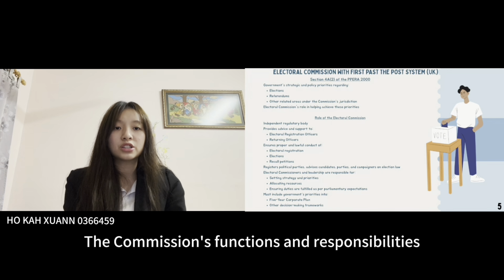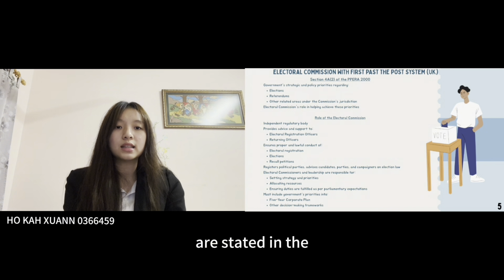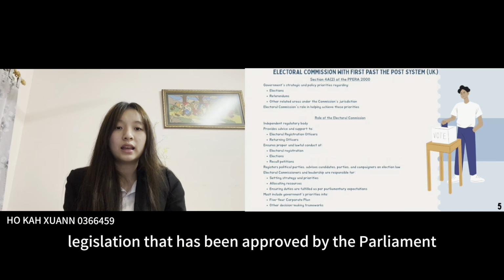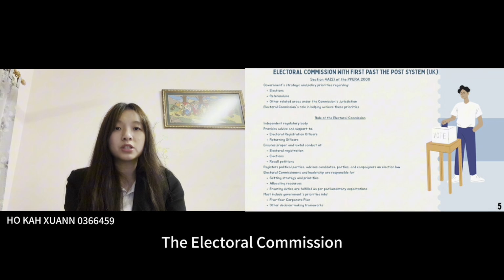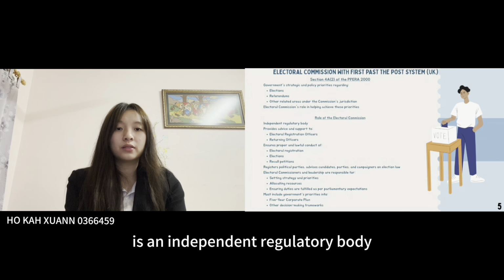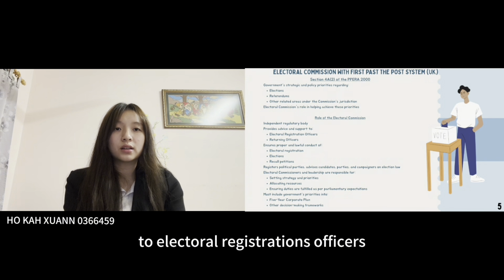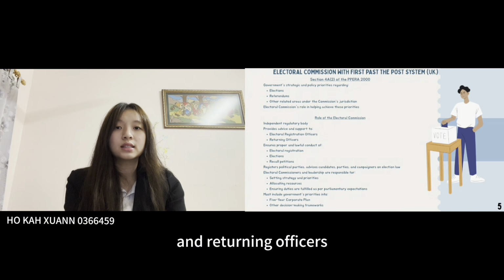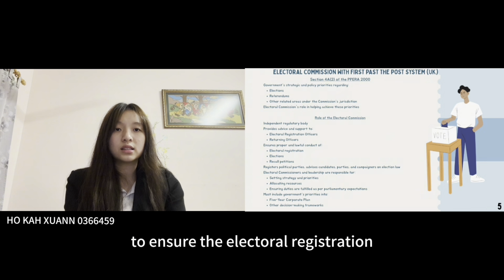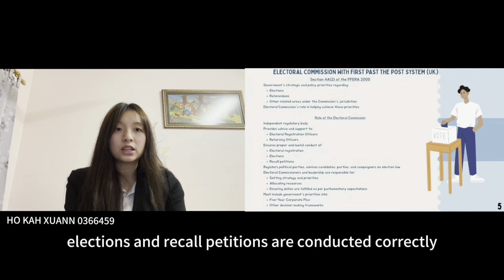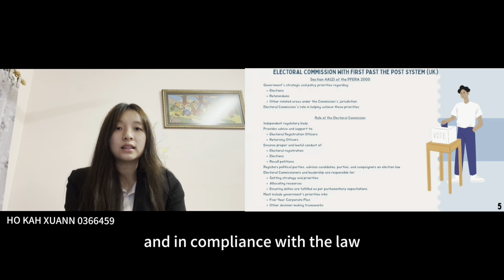The Commission's functions and responsibilities are stated in the legislation that has been approved by Parliament. The Electoral Commission is an independent regulatory body that is responsible for providing advice and assistance to electoral registration officers and returning officers to ensure the electoral registrations, elections, and recall petitions are conducted correctly and in compliance with the